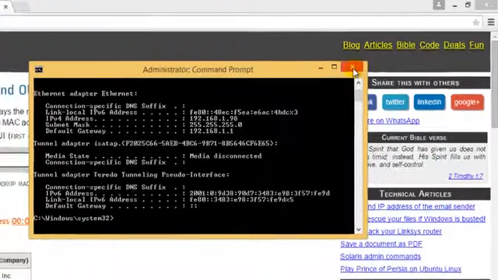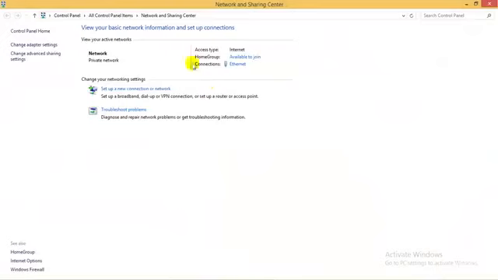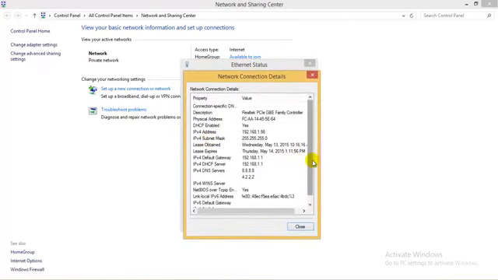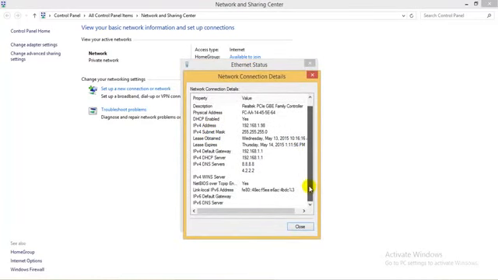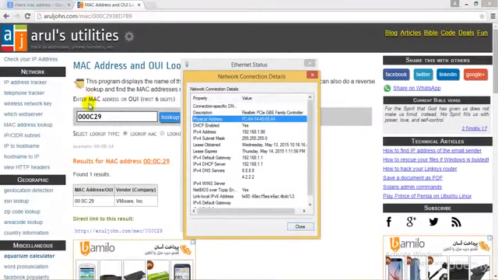So what I would do, I'll just cancel. I'll go open over here and check. I need to go ahead and check the MAC ID. So I believe we have the MAC ID over here. Okay, IPv6 address, perfect. We have the MAC ID. So I'll just type it over here,